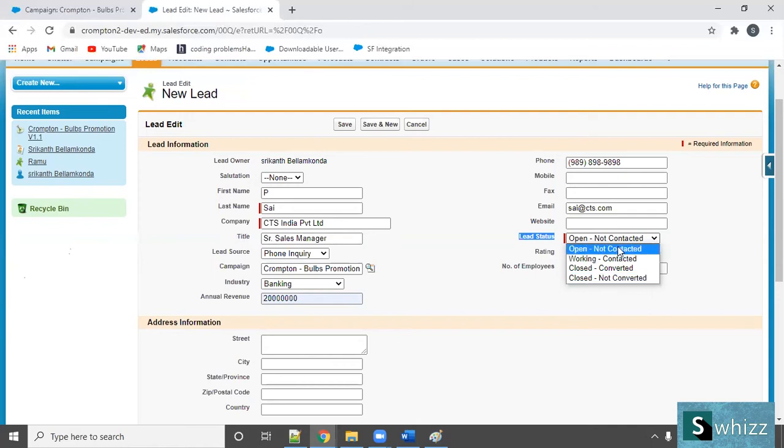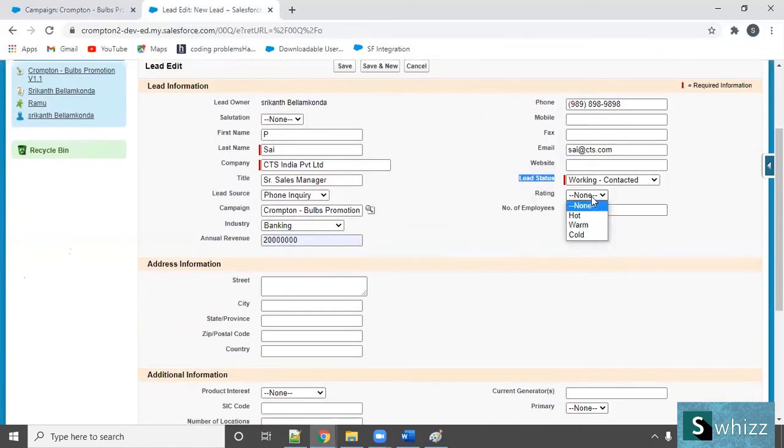So as of now, open, working, contacted. Okay, this is a status. And rating is nothing but based on the importance, whether he's a silver partner, gold partner, platinum partner. Based on that, we will use this rating. As of now, I'm just looking at him as a partner.